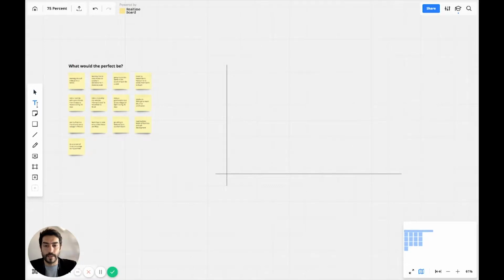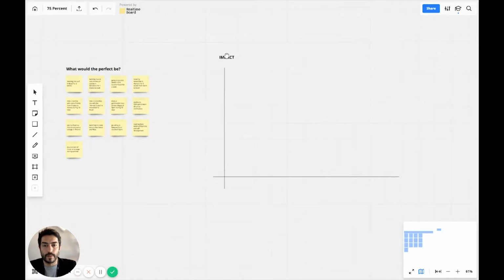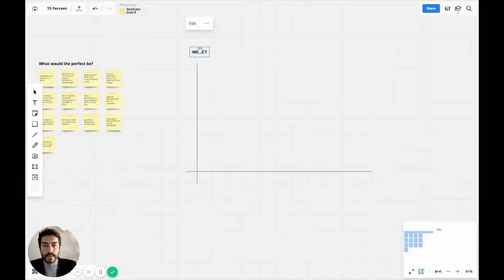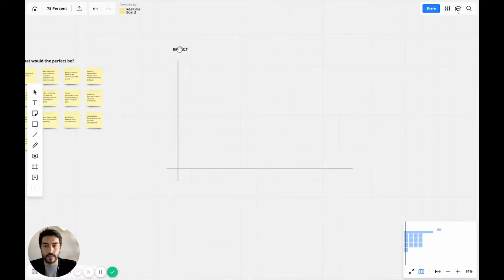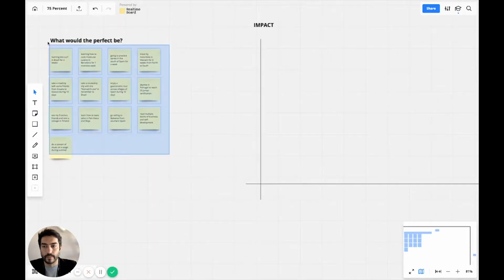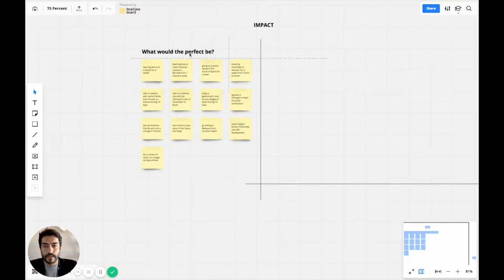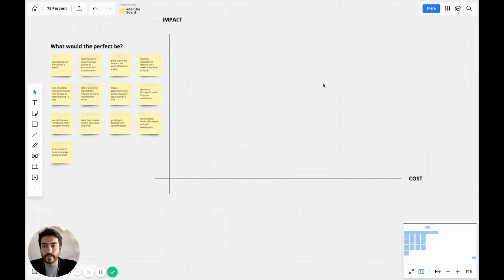I'm gonna name them quickly so I remember what I'm doing. Impact, in this case. Move it there, perfect. And I'm gonna create a second one, which is gonna be cost. And here I will have cost. So now what happens with my different ideas? Well, let's take them and see one by one. So I'm gonna move them a little bit closer to here, and I can see that very much while I'm working. So learning to kite surf,